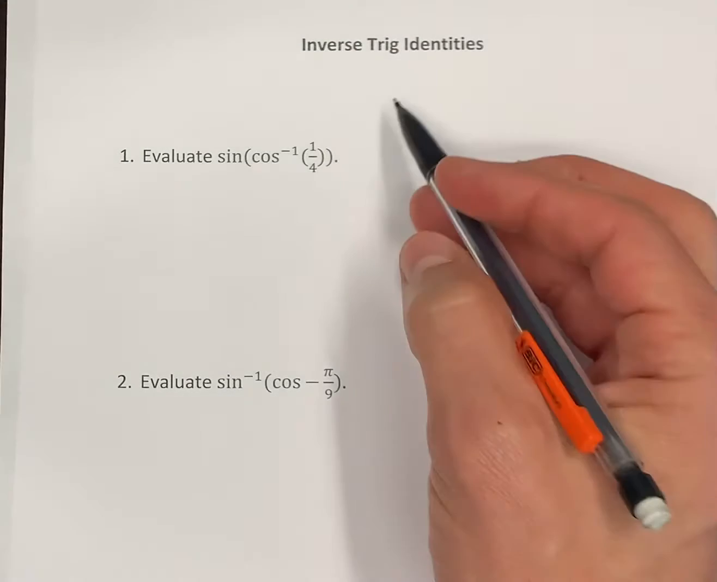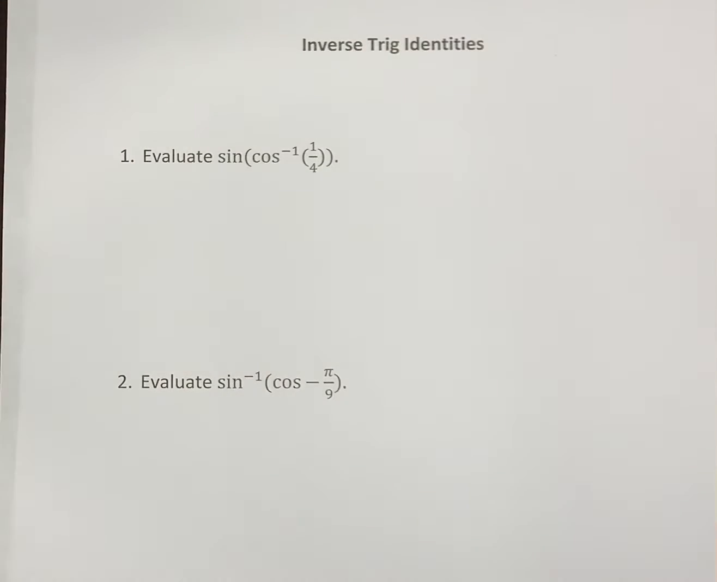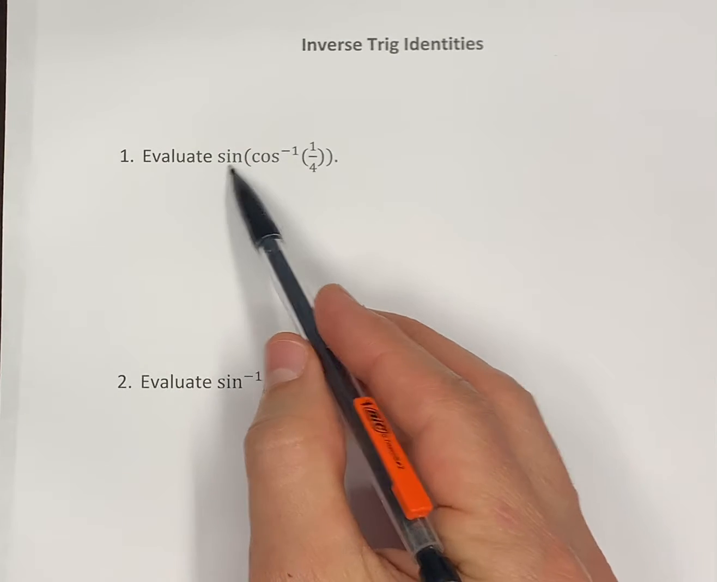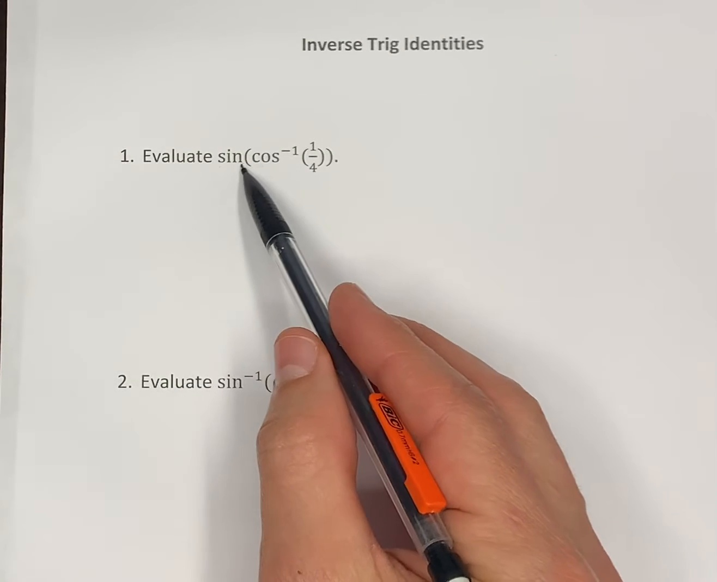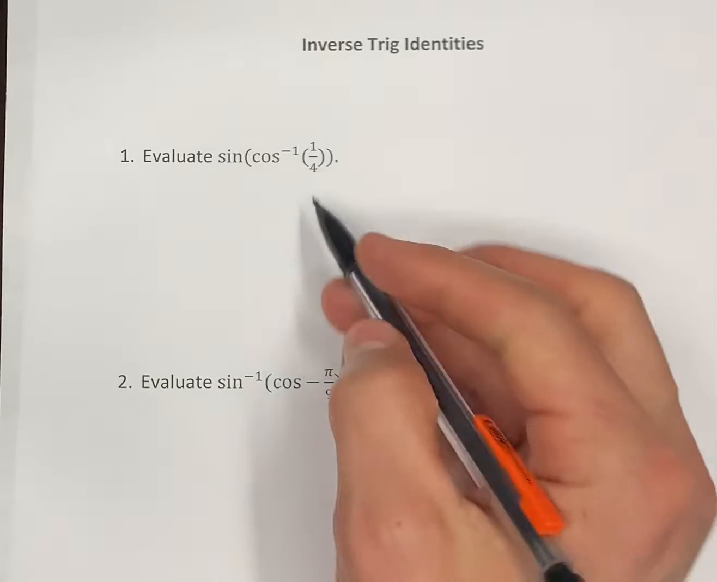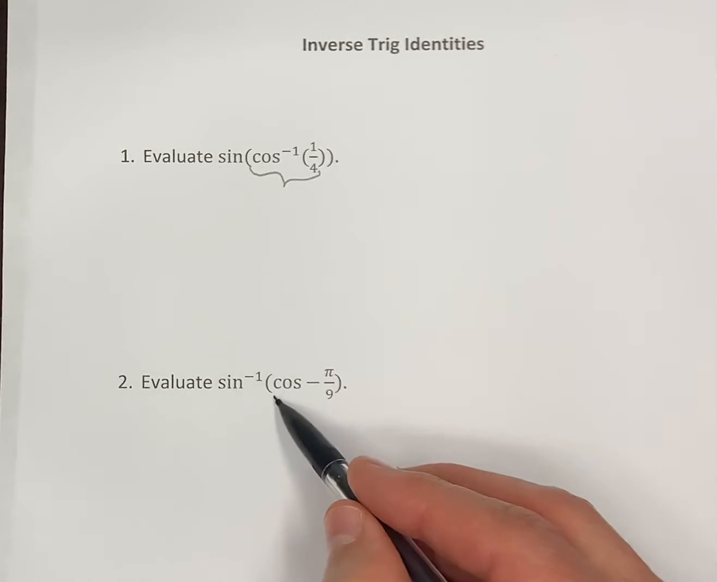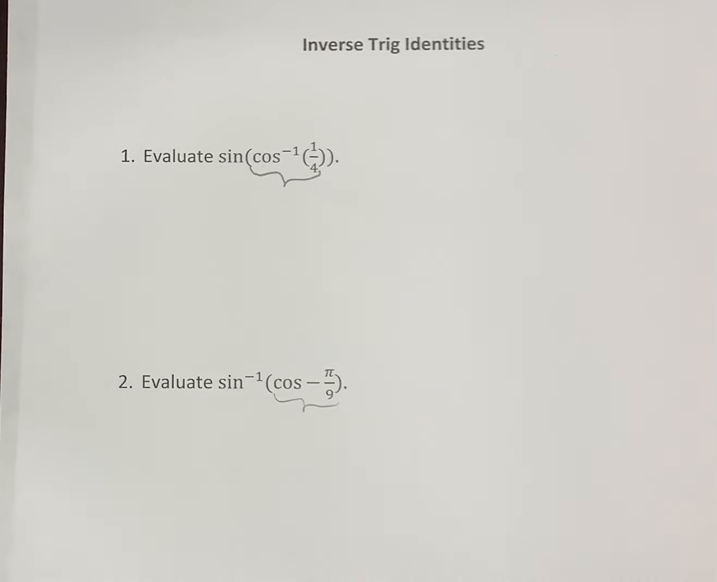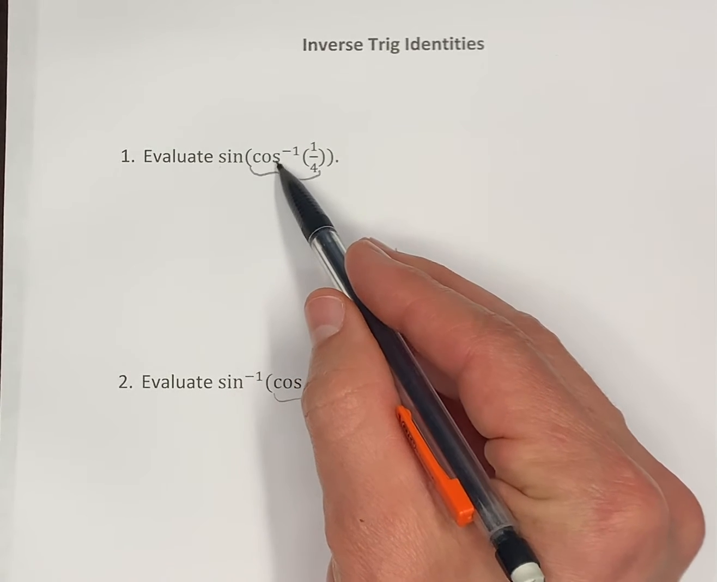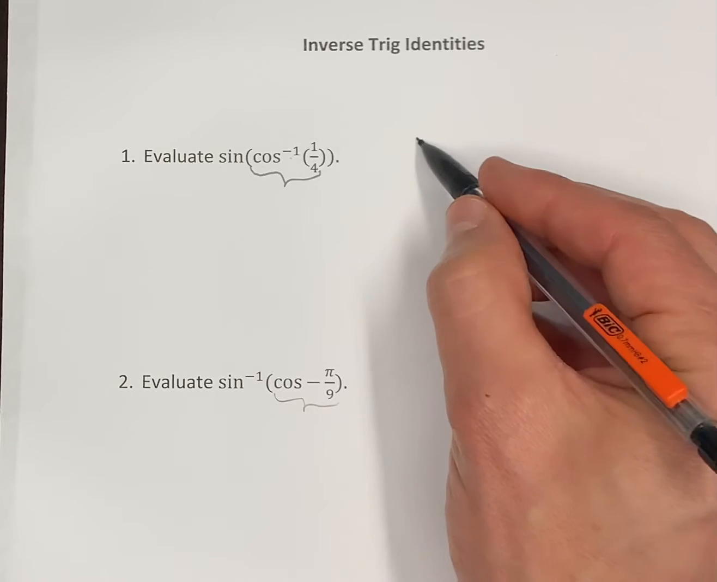Let's look at a few inverse trig identities. This specifically focuses on an inverse trig function and a trig function that aren't the same, okay? I really try to key in on building a picture or a model from the inside piece and then working out. Okay, so cosine inverse takes in